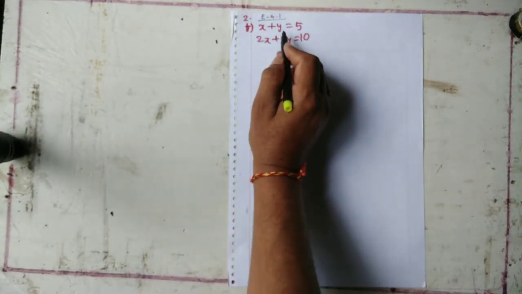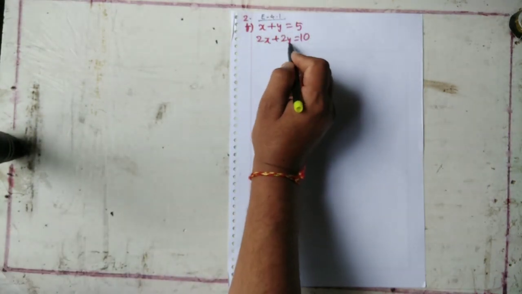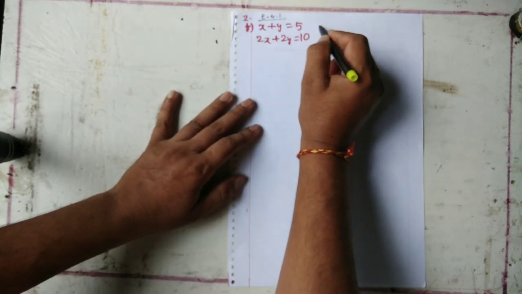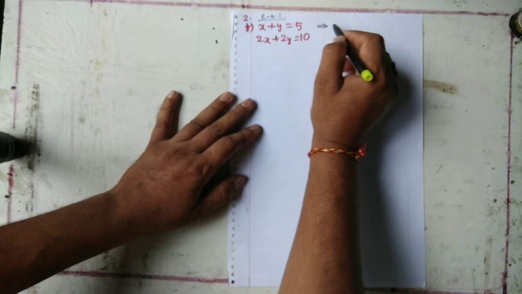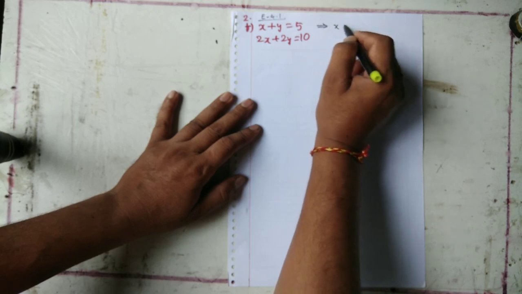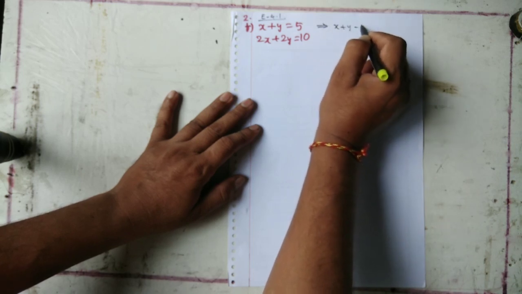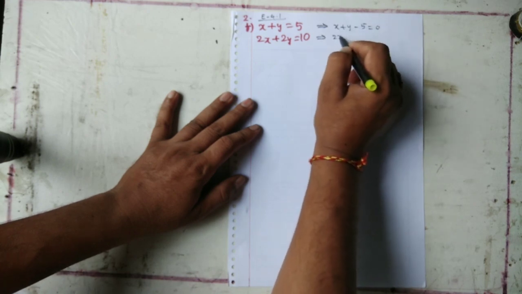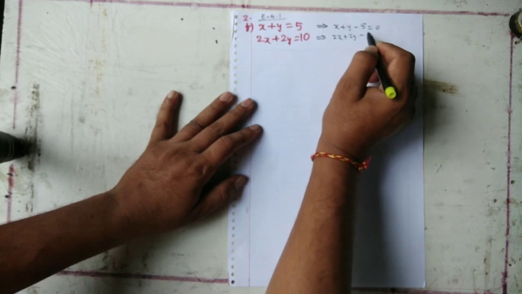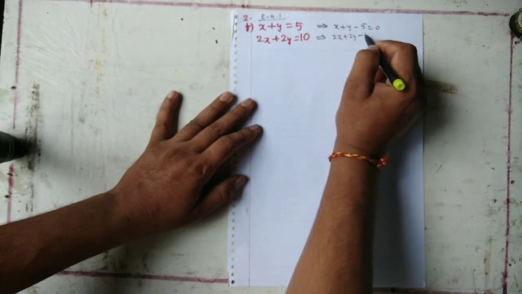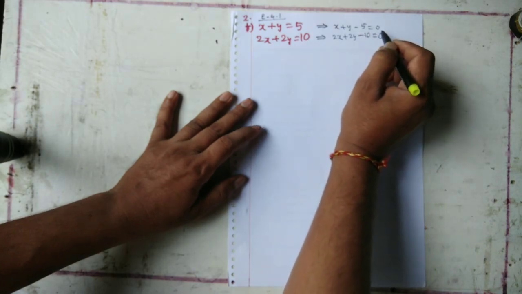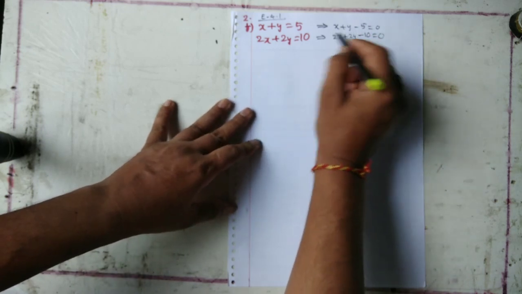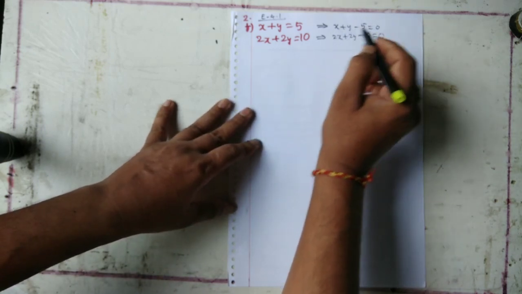If x plus y is equal to 5, 2x plus 2y is equal to 10. First we have to write this in standard form: x plus y minus 5 is equal to 0, 2x plus 2y minus 10 is equal to 0. On comparing these equations with the standard forms,